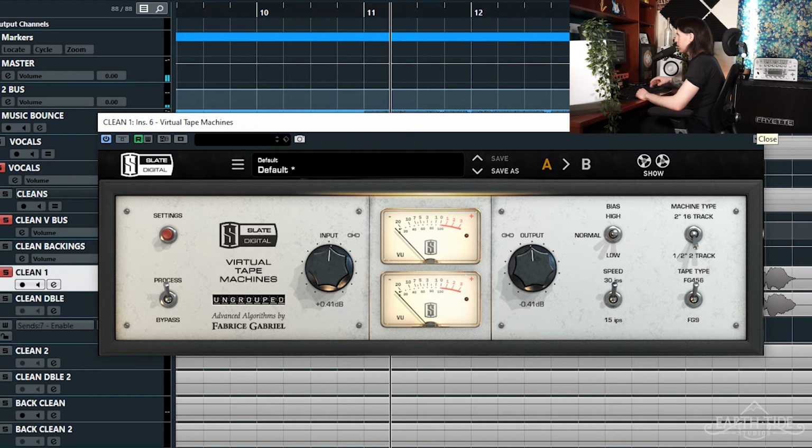So the thing with Virtual Tape Machine and really a lot of tape saturation is that in this particular case it's just smoothing out that high end a little bit, knocking off a little bit of peaks and adding a little bit of harmonic reinforcement that's just blending the vocal a bit nicer. It's not absolutely necessary that you put tape saturation, but it certainly makes vocals sound a little bit more like it would if you were recording it through analog gear,